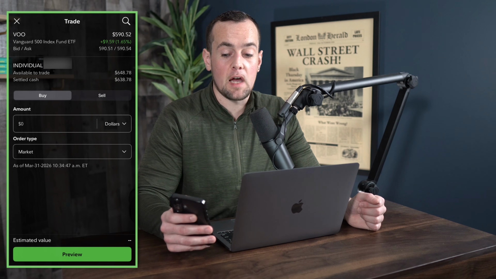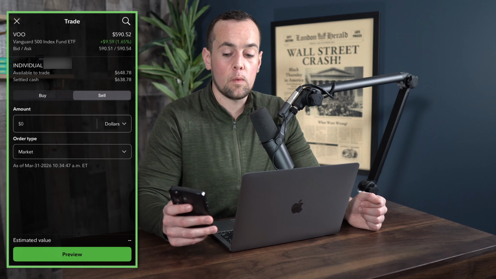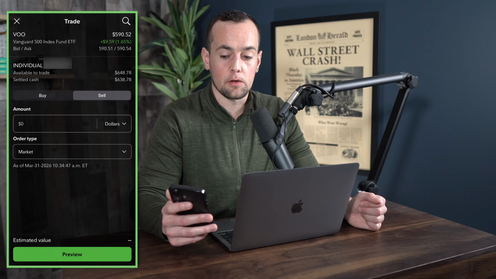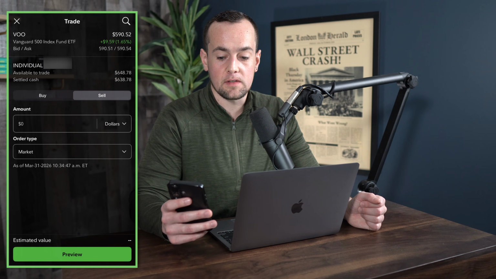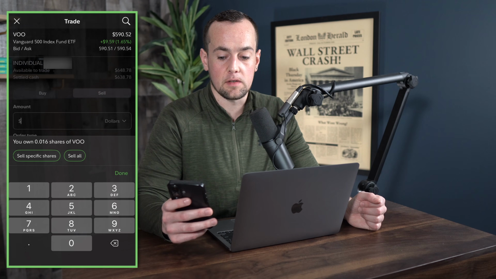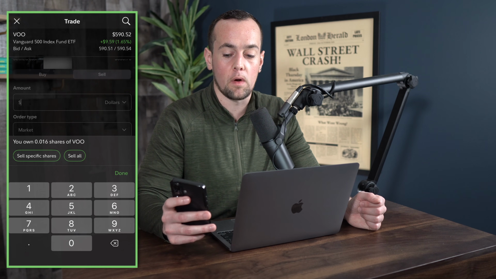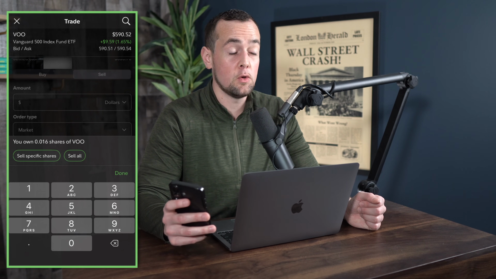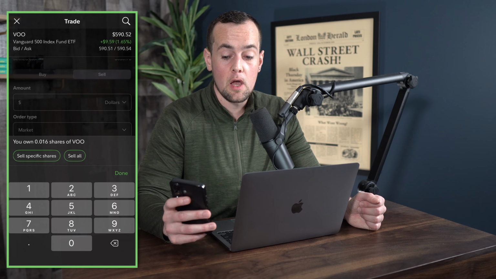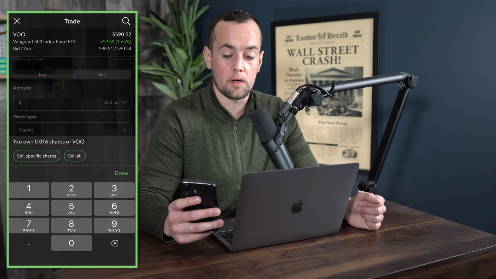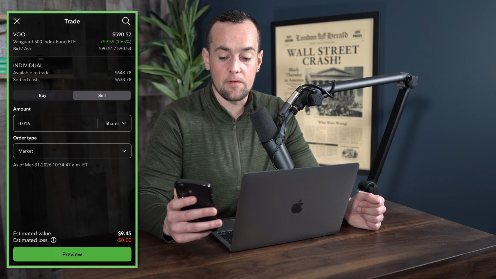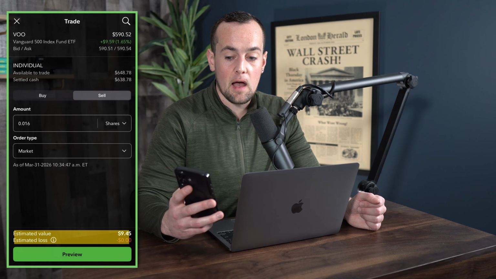At this point, we're just going to toggle it over to sell, and now we see the option here to sell in dollars. And so what we're going to do is go ahead and type in the amount that we are looking to sell, and it says we own 0.016 shares of VOO. You can sell a specific share amount or click on the sell all button. We're going to choose sell all, and then we have a market order, and the estimated value here is going to be